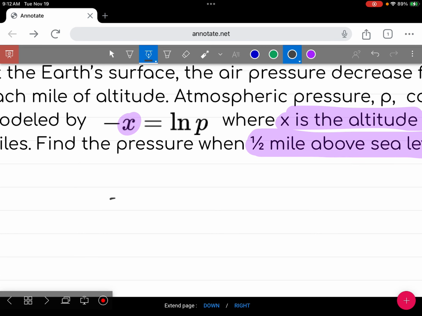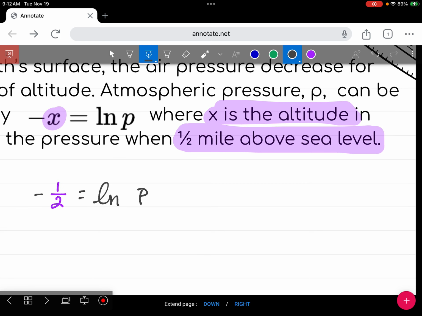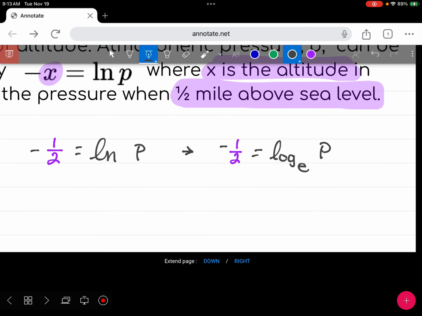So we have that the opposite of our x, which is 1/2, equals the natural log of the pressure. I could also write this as -1/2 equals log base E of pressure. It doesn't matter how you write it, but if you struggle to remember that log base E part, that might help. Because the easiest way to solve this one is to switch this back into exponential form,